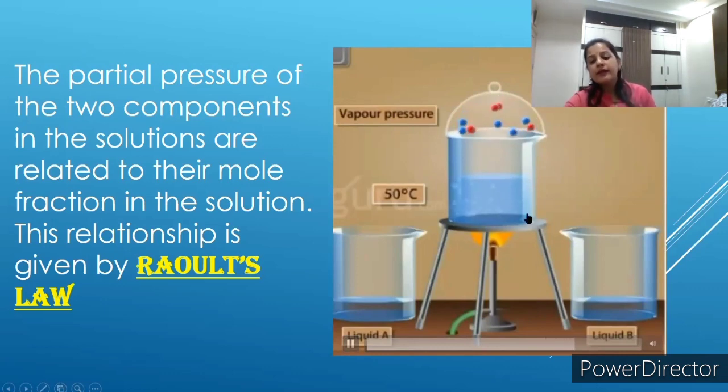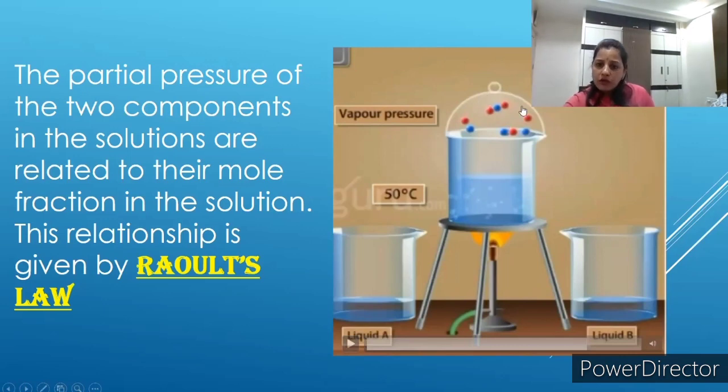Now, in this case, both the liquids are creating some pressure. Liquid A molecules that are blue in color are creating some pressure. Again, the red molecules that belong to liquid B are also creating some pressure. Now, out of these two solutions, one may be more volatile, another may be less volatile. The substance which is more volatile will give a higher amount of vapors than the one which is less volatile in nature. So different vapor pressures will be created by the two liquids.